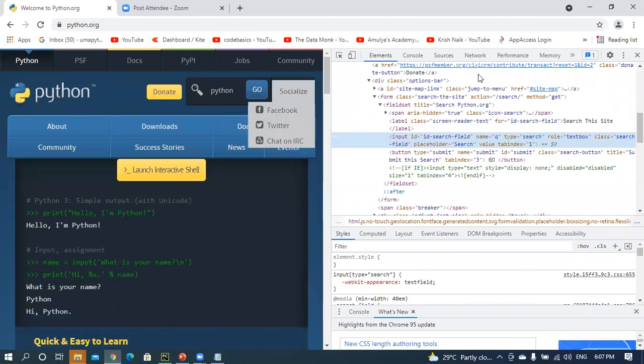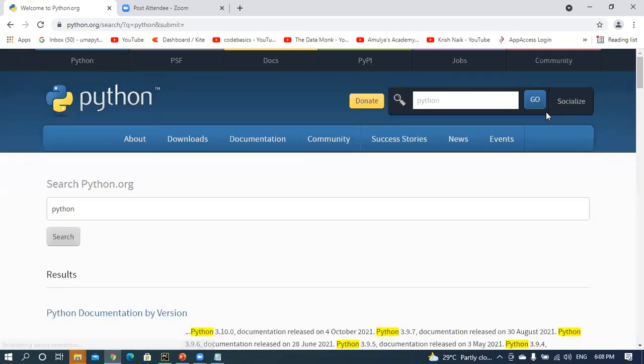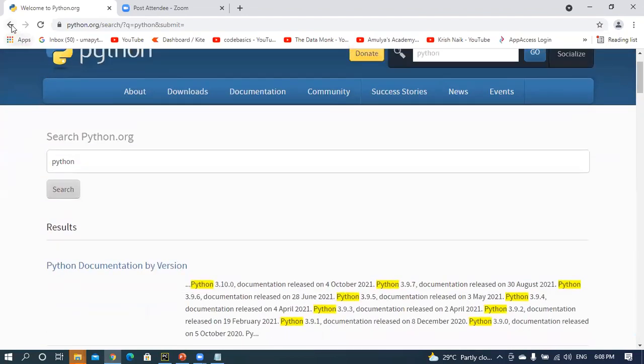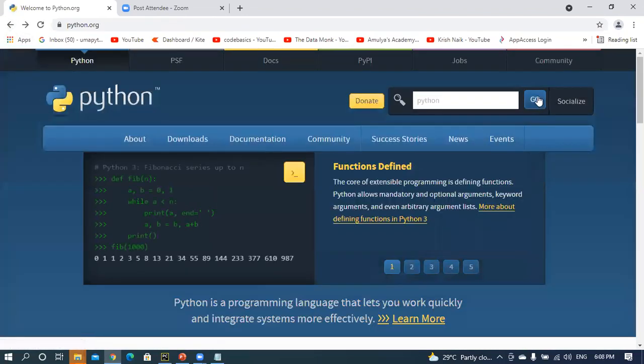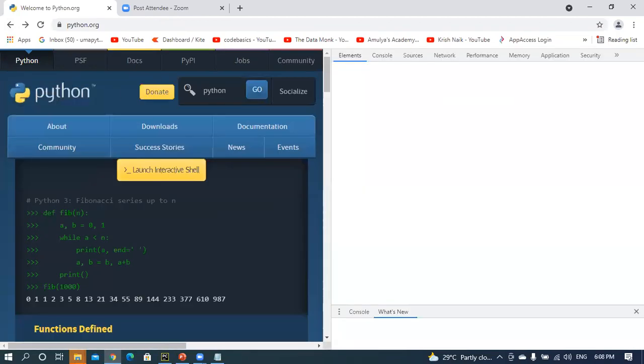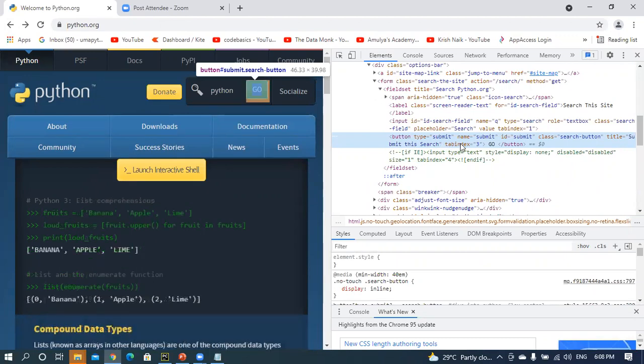After that, there is a button. After entering Python, click that button. For that, I am going to inspect this button. There is a type, a name, and an ID also available.